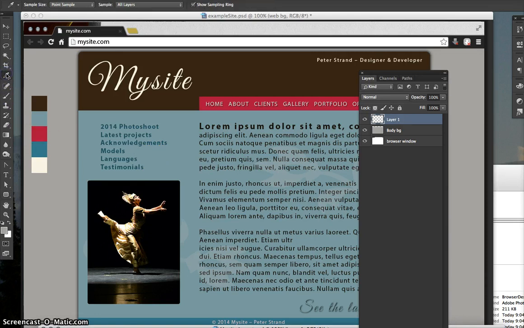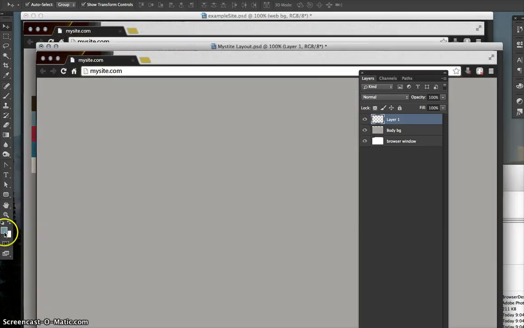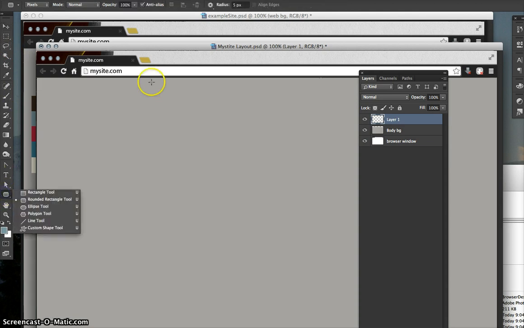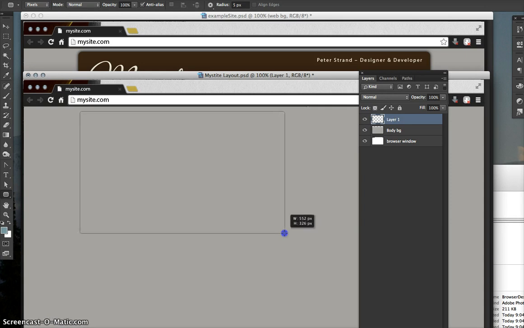So I'm going to choose my eyedropper tool and choose the light turquoise, so that is now my foreground color. I'm going to pull my thing back. So my foreground color is the light turquoise, and then I'm going to sort of eyeball it. I've got this fortunately as a guide, but you can just eyeball this and just click and drag this across